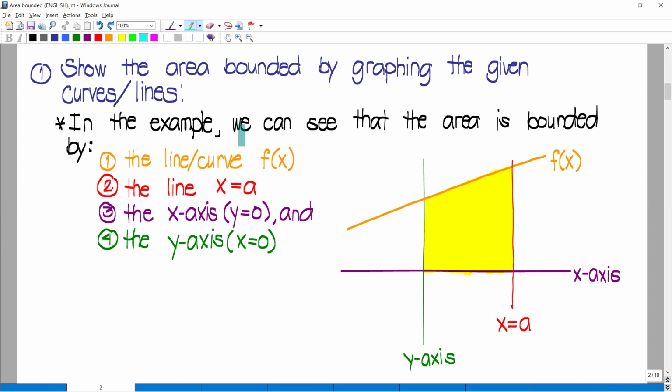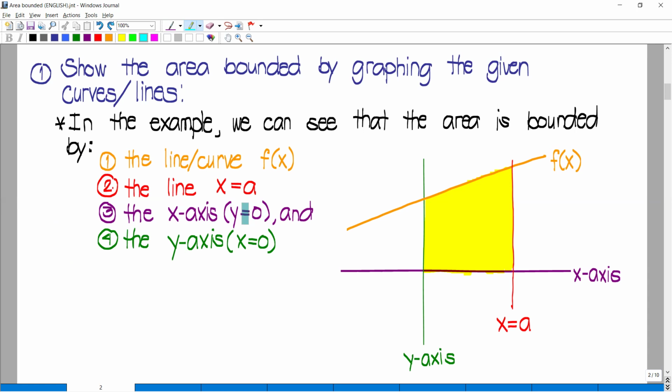First, I think we know that in the Cartesian plane, it is already given that we have the y-axis and the x-axis. Now, in our example, the area is bounded also by these axes. So the violet line, the horizontal line here, is the x-axis of our Cartesian plane. We must know that if we will be using the x-axis line, that line has the automatic equation y is equal to 0. For the x-axis, the equation is always y is equal to 0.